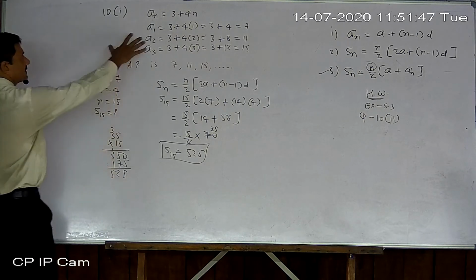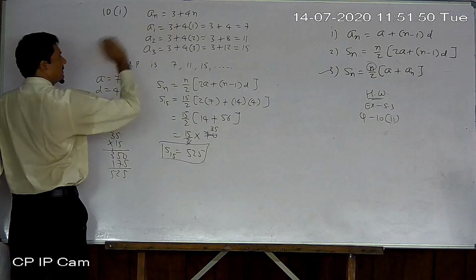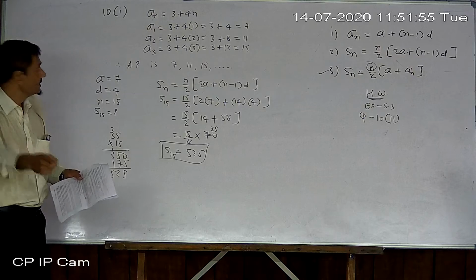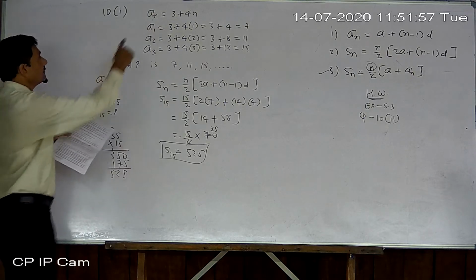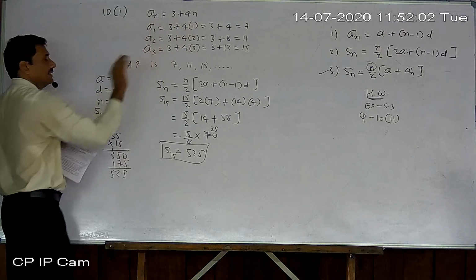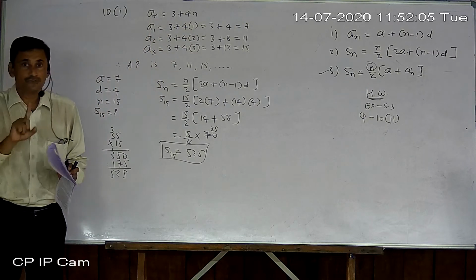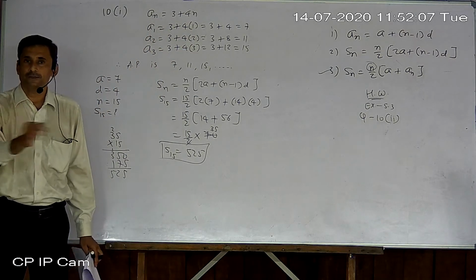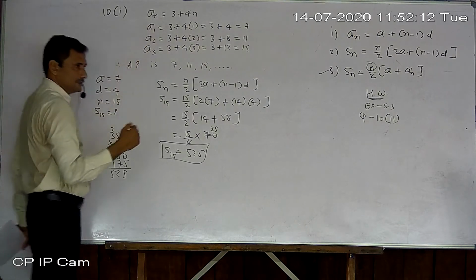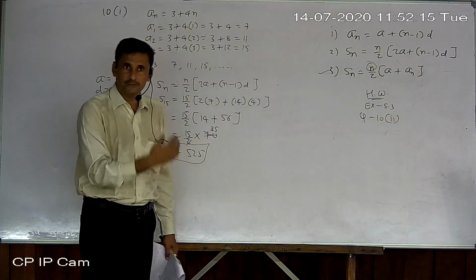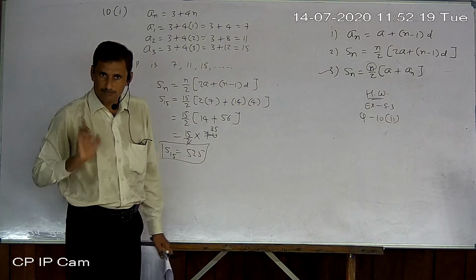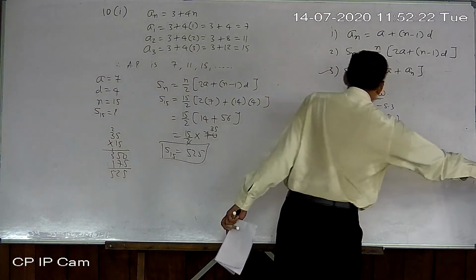Now understand here: in the earlier case the formula of an was given, so we could find a1, a2, a3. In this next one, the formula of Sn is given, so we will have S1, S2, S3 only, not A1, A2, A3. So we will not find the terms of the arithmetic progression directly, but we will find the sum of first term, sum of first two terms, sum of first three terms, sum of first four terms, likewise. But first try that what we obtained.